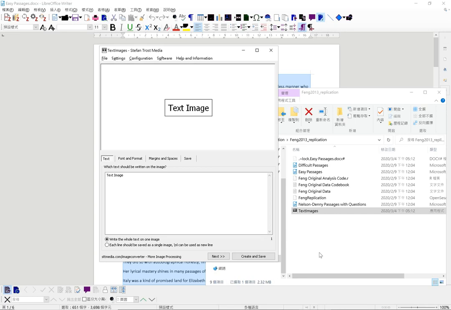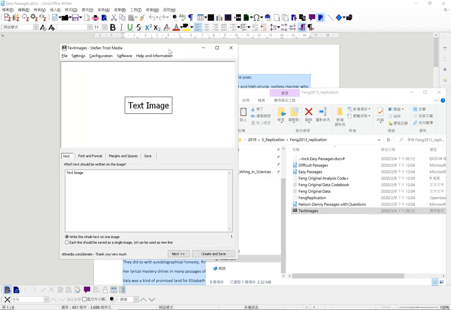Now I'm showing you how to convert the text to images. I recommend this free software, Task Images. You can easily find out where to download it by Google. When you find this software, download it and just open it. You will get this